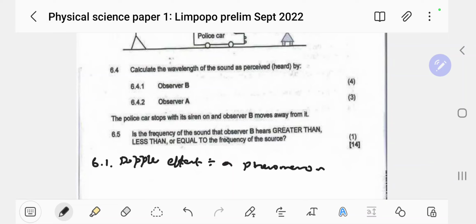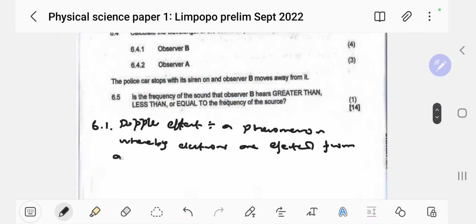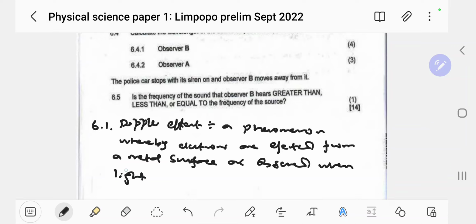Okay, let's just say it's a phenomenon whereby electrons are ejected from a metal surface as observed when light of sufficient energy is shown to the metal